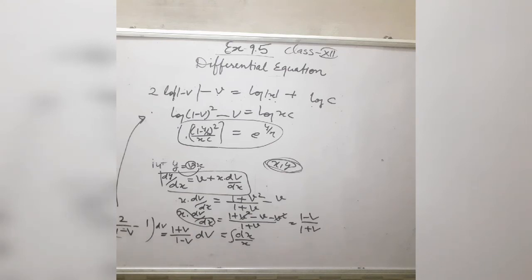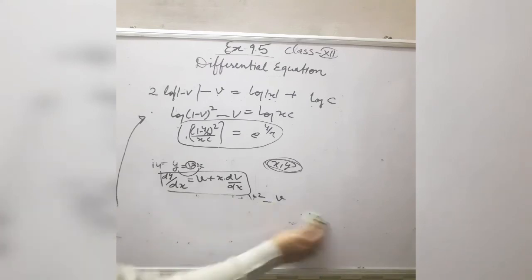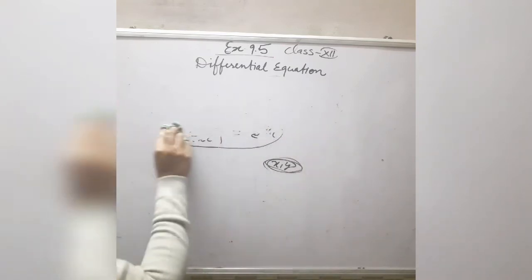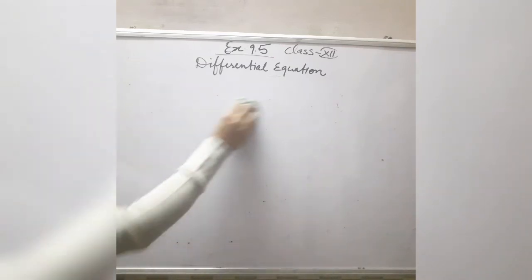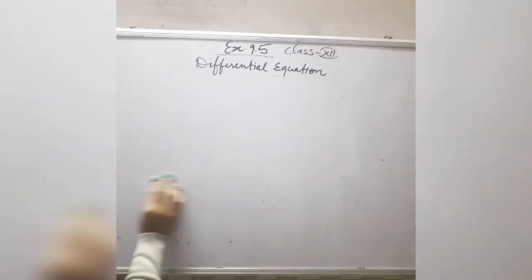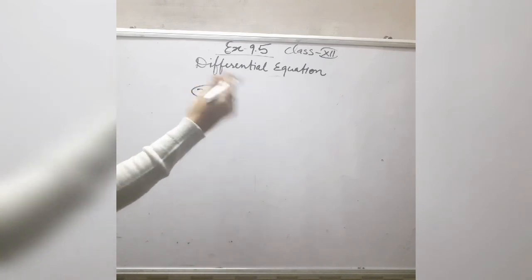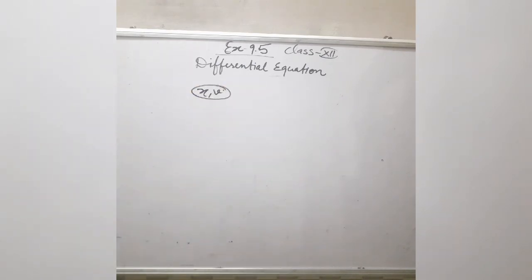Listen again. In the starting, separation of variables is not possible. So in such a type of homogeneous differential equation, you will put y is equal to vx or x is equal to vy, it depends upon the statement. After that you will put the values of y by x and dy by dx, and then the differential equation becomes one in x and v variables, and then it will be possible to separate the variables x and v. After that you will use the method which you used in the separation of variables method, which you used in the previous exercise. So in this way you can complete this exercise.